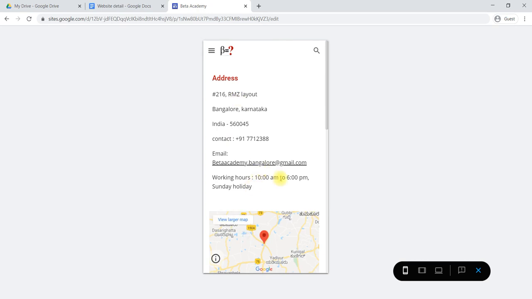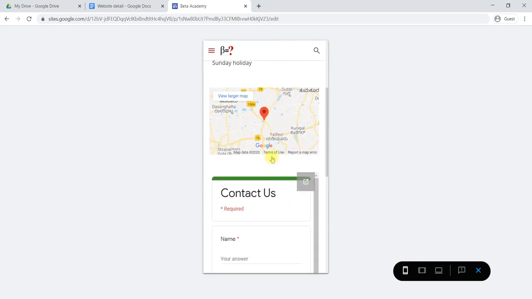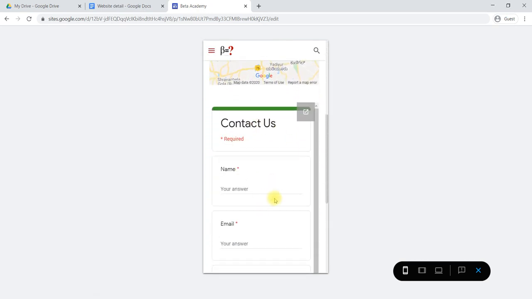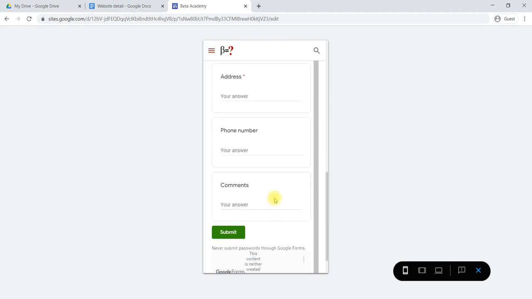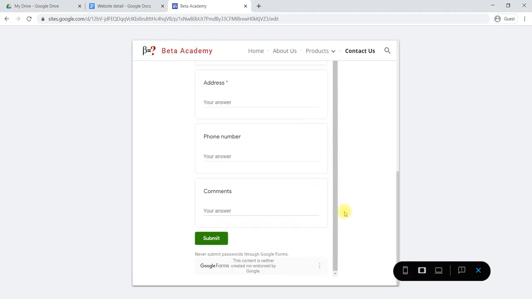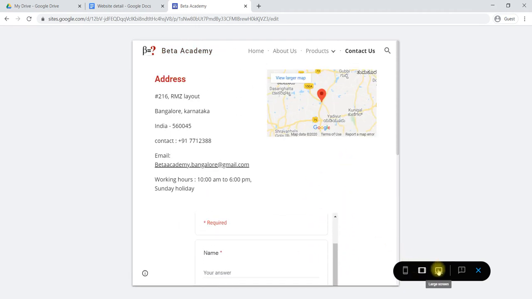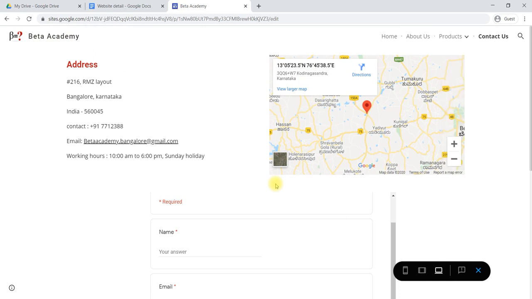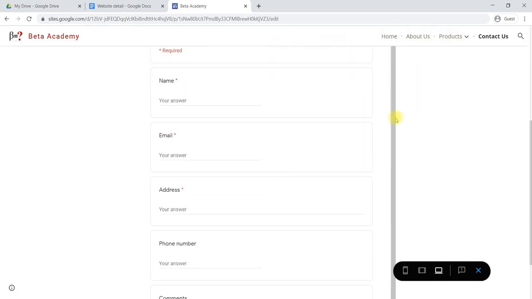Okay, contact us. You can see here contact information. Here the map. Here one contact form has also been inserted. Similarly here, how it will look on a tablet, and how it will look on your computer.